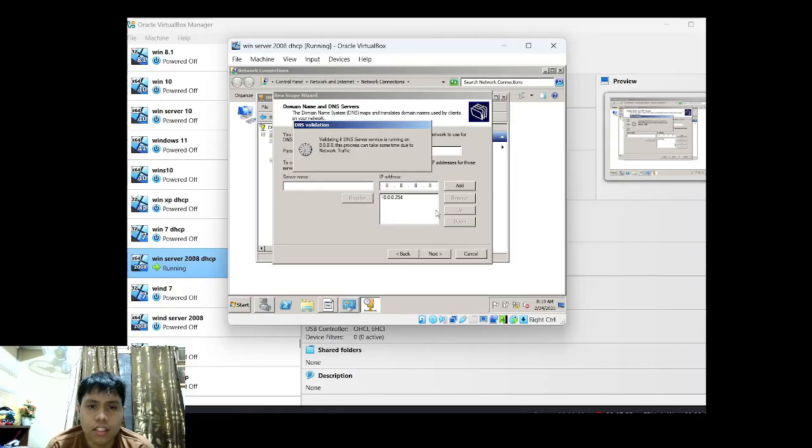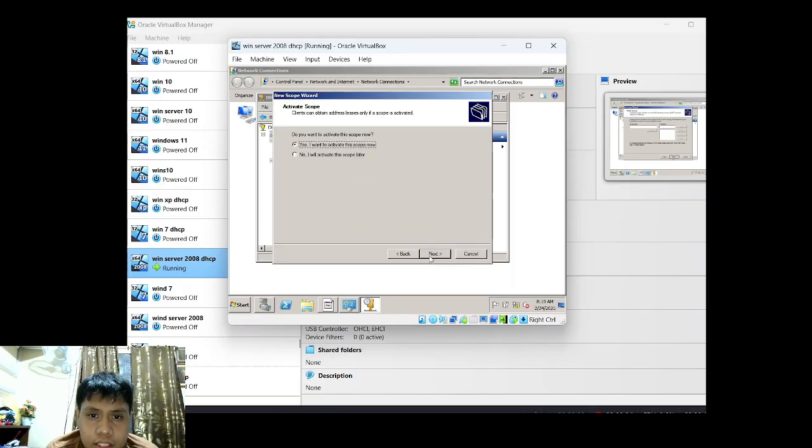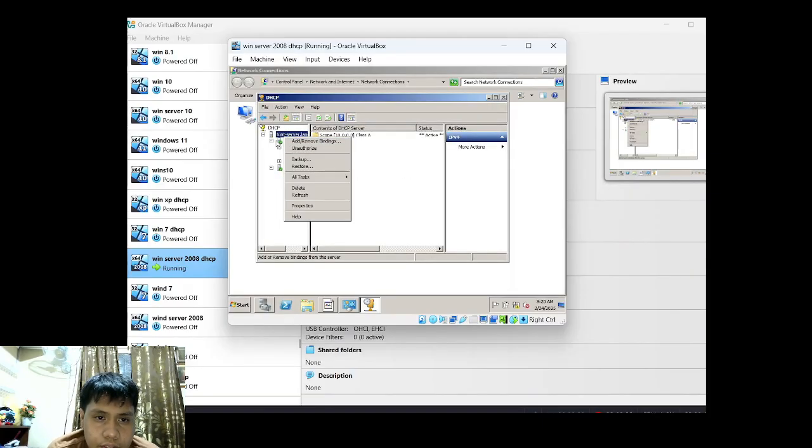In here, you just need to change the IP address and you can now do the DHCP later. I will tell you the summary. Address, next, I want next. And after that is